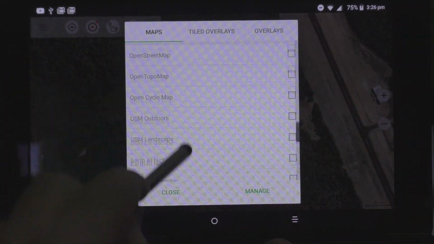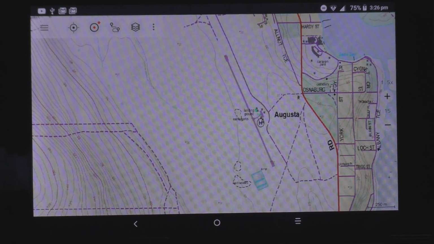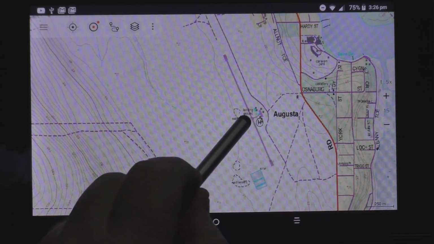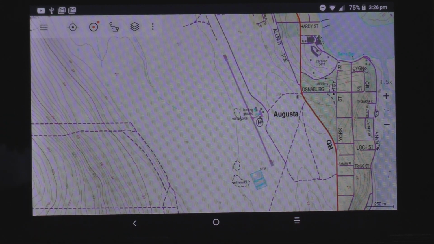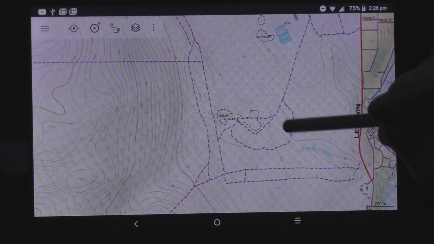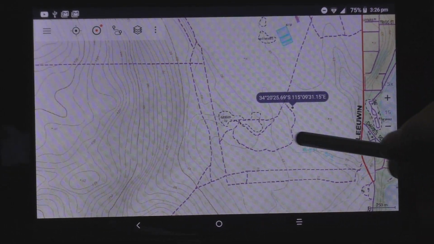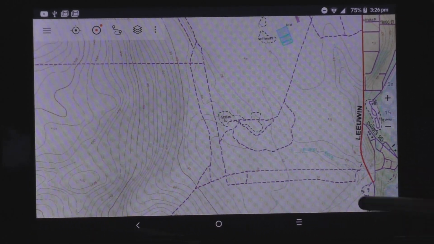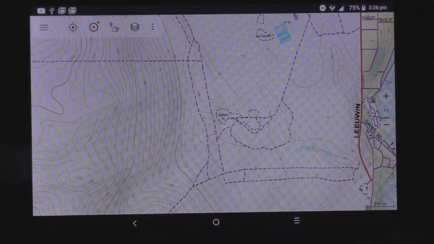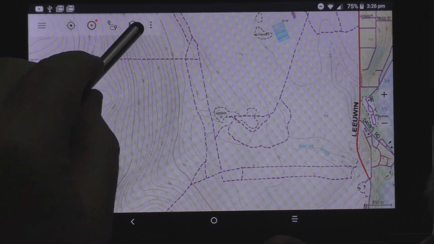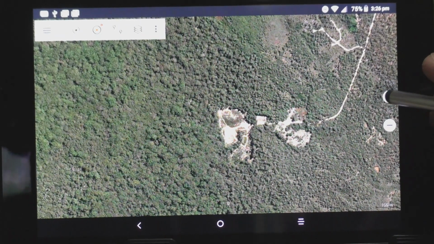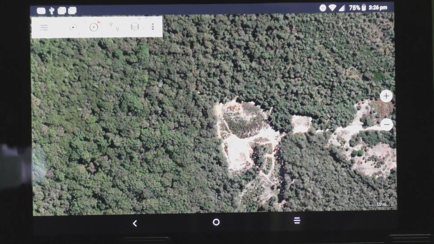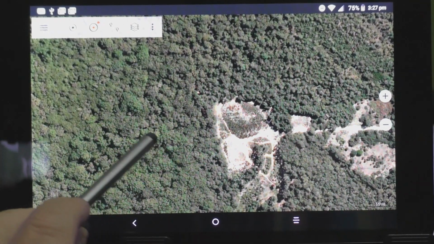Now if I switch it back to the map, no indication at all of anything like that on there. If you're trying to see what's here, maps aren't going to help you with that. Yep, they're going to show you where the tracks are. As you can see, a bunch of tracks in here, but what's the detail of that? Really, what are you going to tell from a map? Nothing. You need that satellite view to show you exactly what's on the ground. Now that's the sort of detail you're going to get,